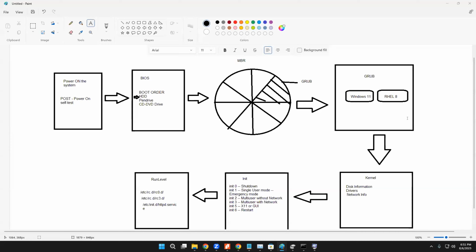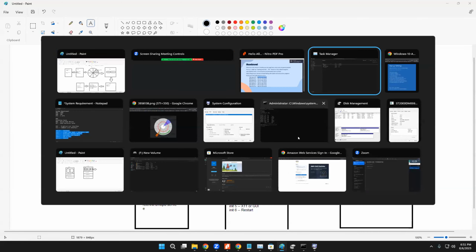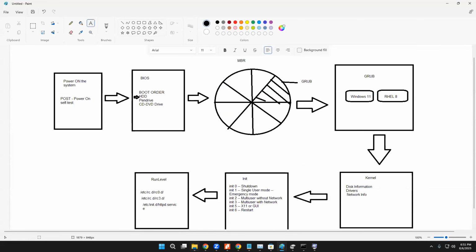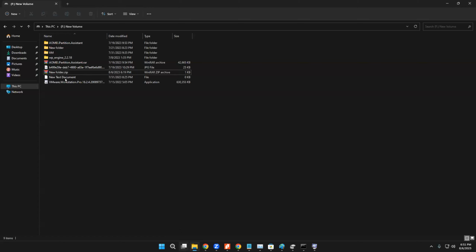So let's move on and install the VMware Workstation. I haven't installed it yet, so let me go ahead and install. So first thing is, in order to get this file,